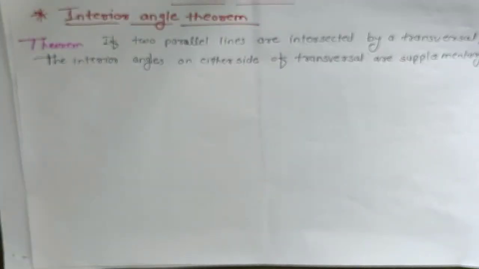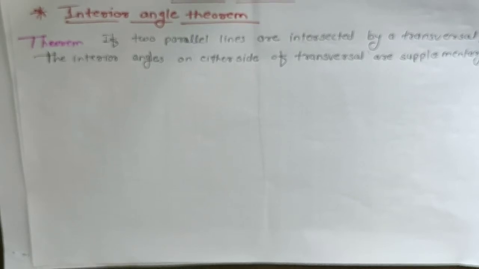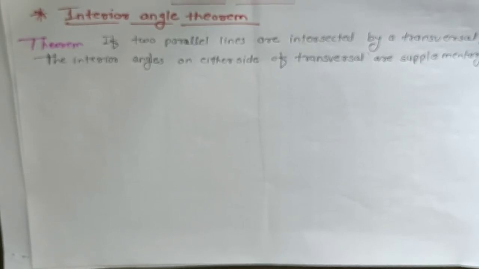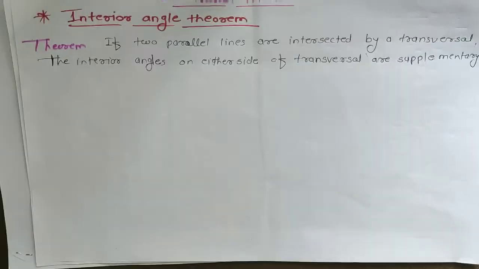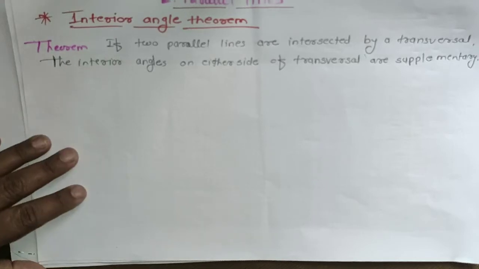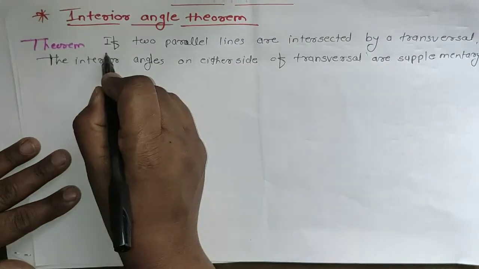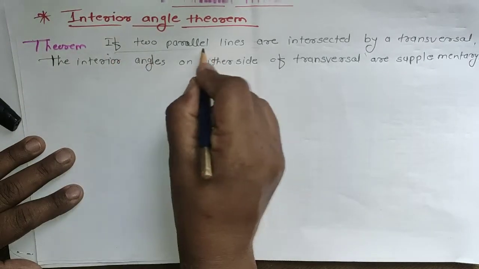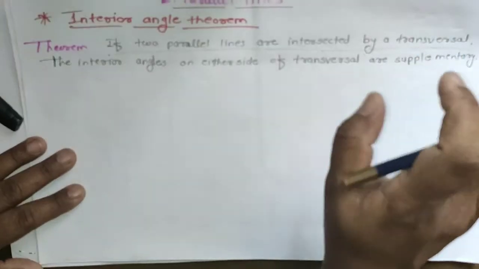I taught you that a statement has two parts. The first part is the antecedent and the second part is the consequent. The part of the statement which follows "if" is called the antecedent, and the part which follows "then" is called the consequent, which is not written explicitly here. The antecedent part of the statement is the given for the theorem.